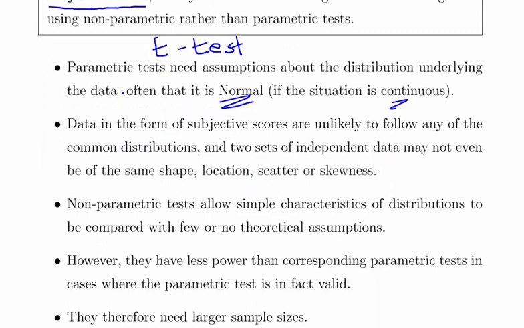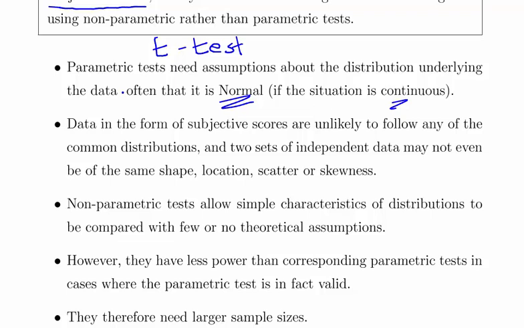Data is in the form of subjective scores and unlikely to follow any common distributions, and two sets of independent data may not even be the same shape, location, scatter, or skewness. So you can't make any assumptions really about how they're structured or how they're distributed. So non-parametric tests allow simple characteristics of distributions to be compared with few or no theoretical assumptions,